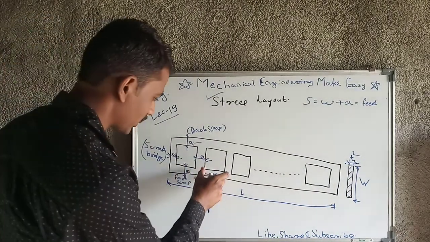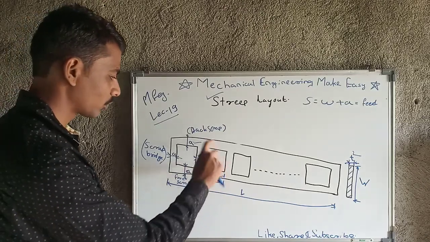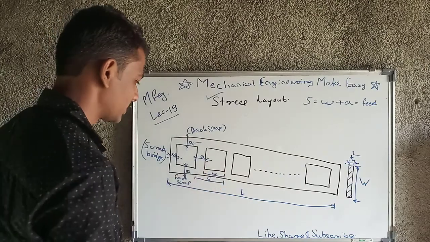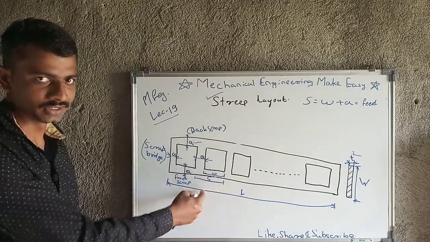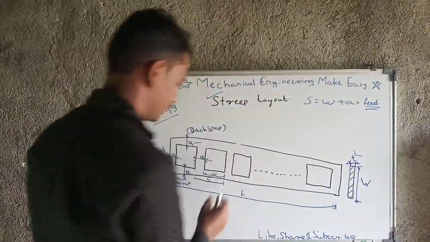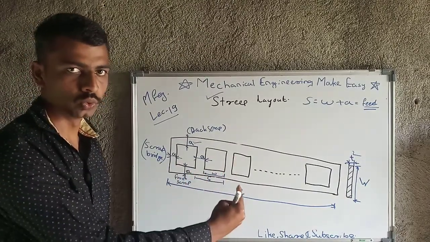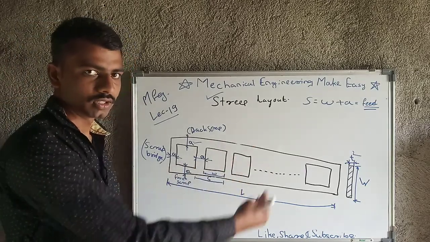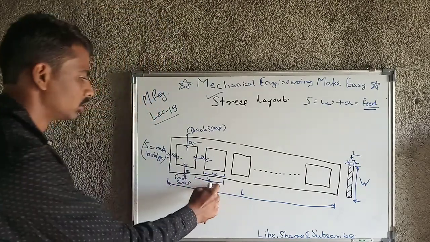Then another parameter is w. Small w means the width, or we can say the length, of one component which we are going to cut from that strip. Then here is one parameter I have shown, that is s. S is the feed, and feed is w plus a. This is w, plus this a. This much amount of feed we have to give to the tool or the work table, then we can reach the next location. This is s, that is the feed.